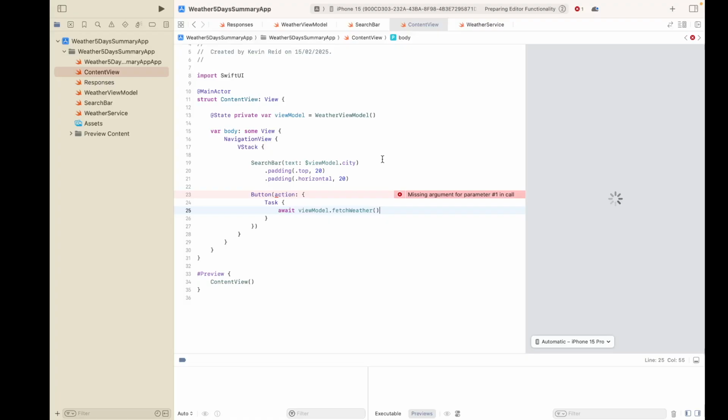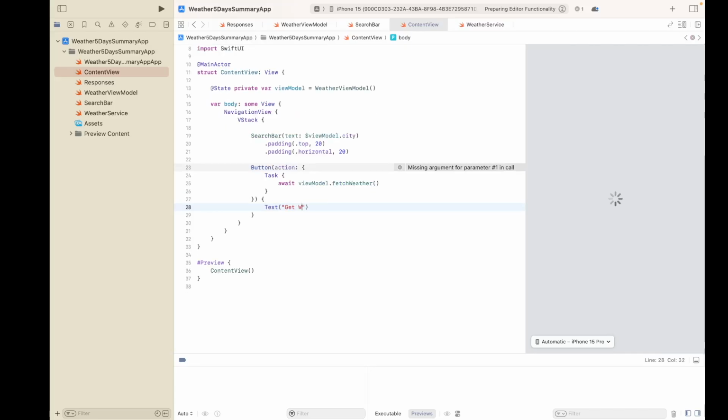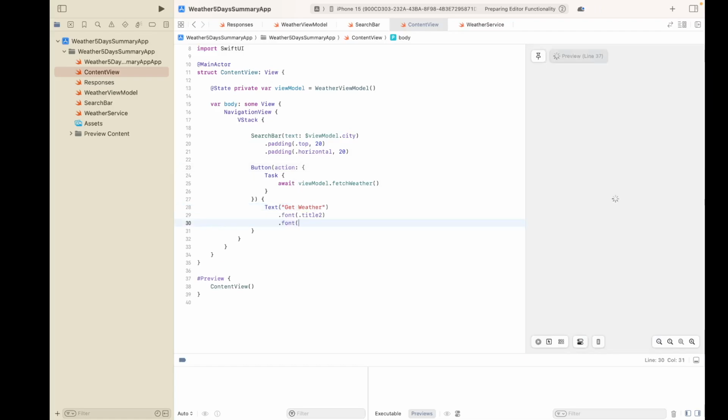Our button needs a caption, which is our text element. The caption of the button is Get Weather. And then we just need to style the button text: font weight, semi-bold,